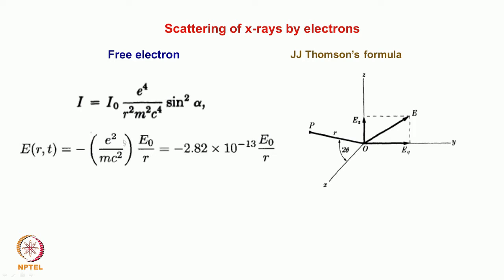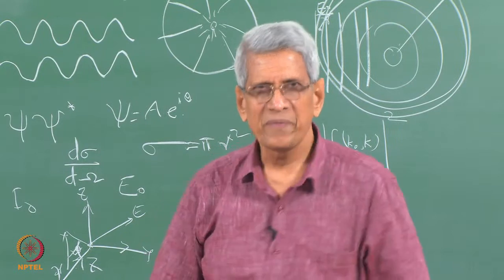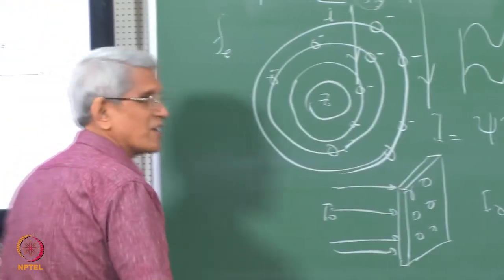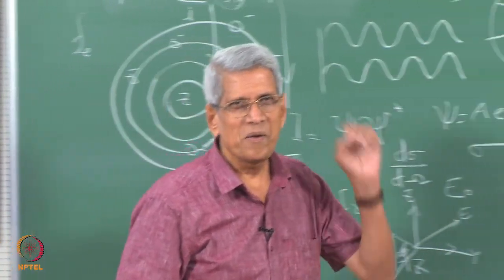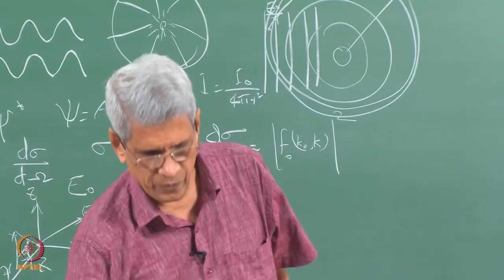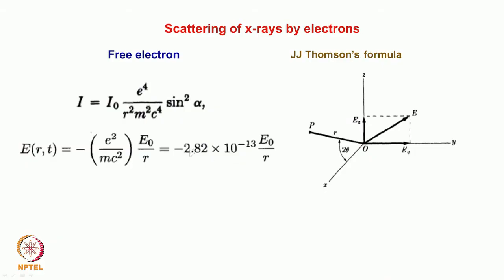That is very important, because when we look at the intensity, we do not see this effect. Another important point is this factor e squared by mc squared. In the case of an electron, this is the scattering factor, which I will call Fe, like an atomic scattering factor. For an individual electron, this value turns out to be Fe. If you look at it, this is a very small value.